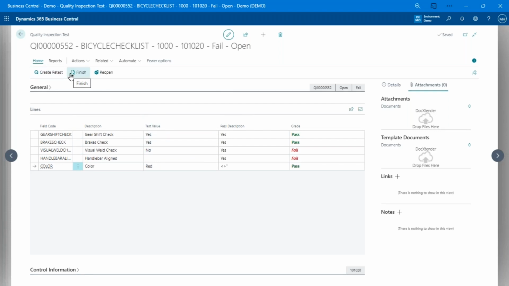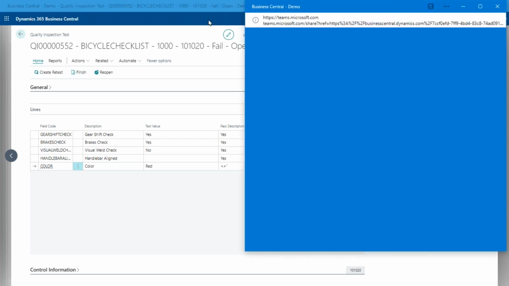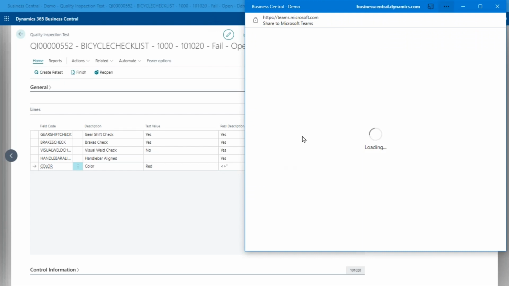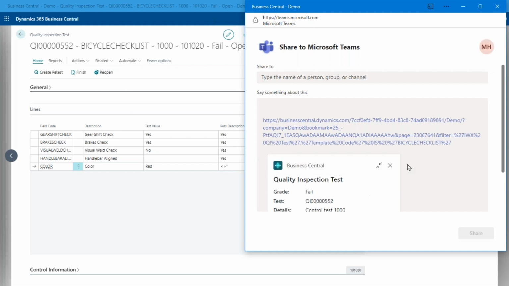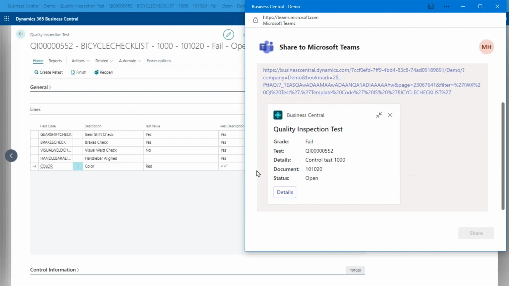And when I flag that as finished, there's a few things that I can do. Well, number one, let's just do the Teams thing real quick. If I do a share to Teams at this point, it'll pop up the Business Central Teams sharing window in a sec. There we go. All right, we'll give it another sec, because this is the link to this particular test. But again, if people don't have the Business Central license, we do dump these cards into the Teams message as well.